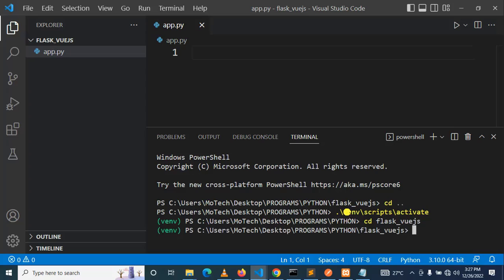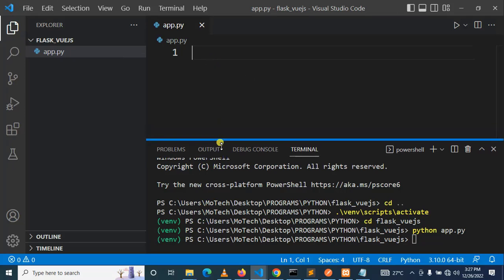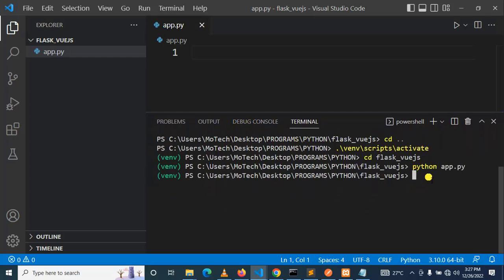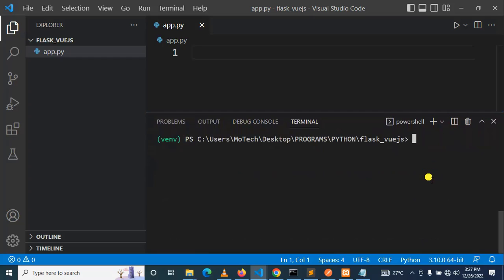So this is Flask, Vue.js. So here, as you can see, we have app.py. Okay, it is a Python file. Inside of this file, we are going to create a REST API. I mean, we're going to create a REST API by using Flask. I've not shown you how you can actually install these packages. So the command should be pip install